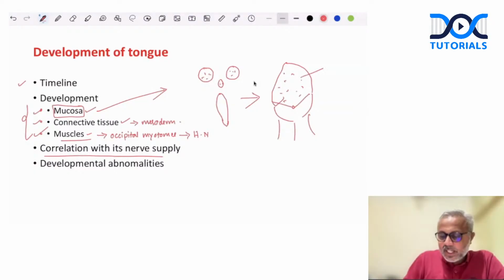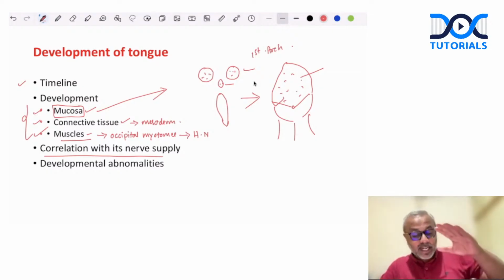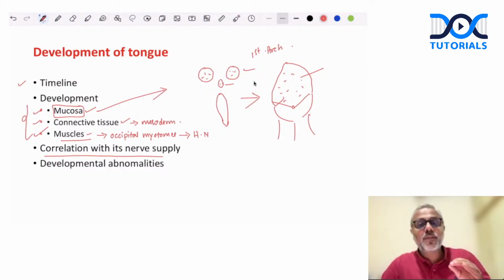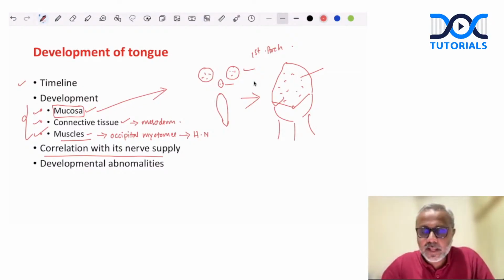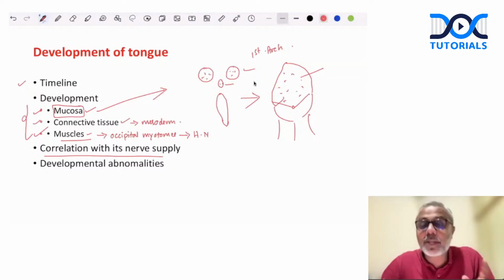Since the anterior two-thirds of the tongue mainly comes from the lingual swelling and the tuberculum impar, which comes from the first arch, it is innervated by the lingual nerve. The second arch component gets buried deeper. That is why the facial nerve does not directly supply any part of the tongue. The chorda tympani will carry taste sensation from the anterior two-thirds of the tongue, but it has to depend on